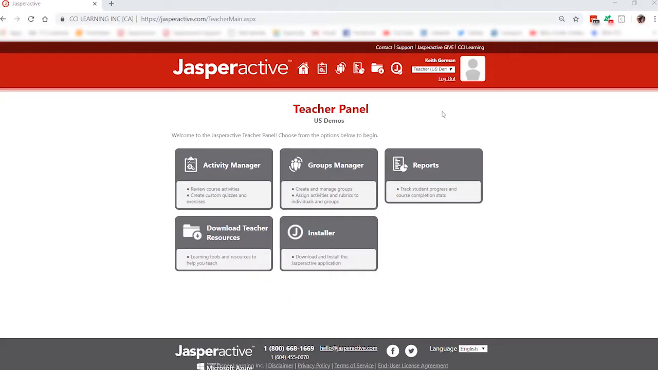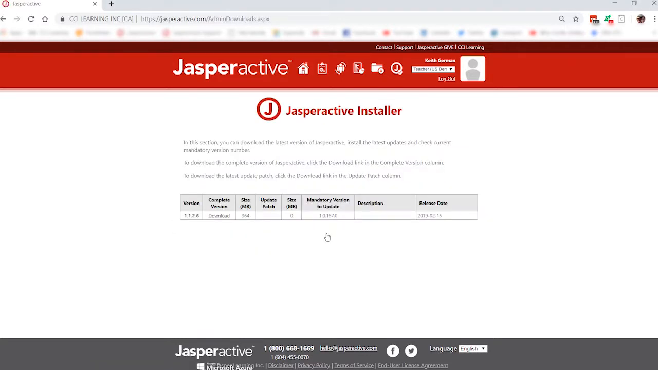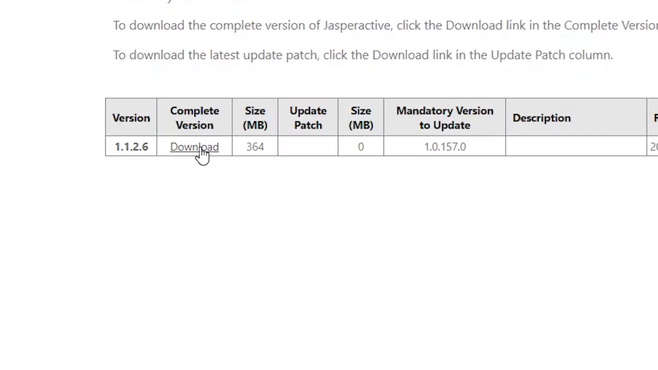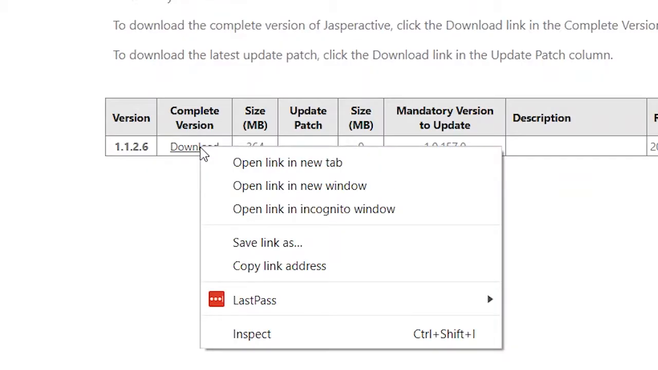You would simply log in and make sure your role is set to teacher, so you're at your teacher panel. You would find the installer menu item and click that. Once in there, you would go to the complete version column and right click the download option, and depending on